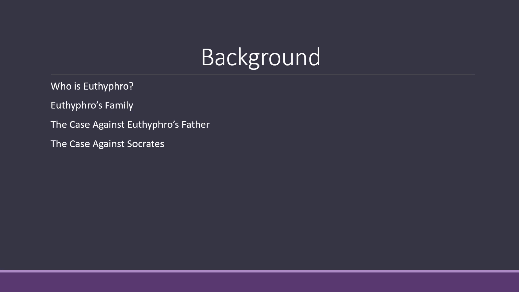The factor that causes this to become an issue in which piety and holiness is relevant has to do with the fact that homicide in ancient Greek society is considered a religious crime. The person who commits such a crime is tainted with what the Greeks called miasma, or pollution. That is,